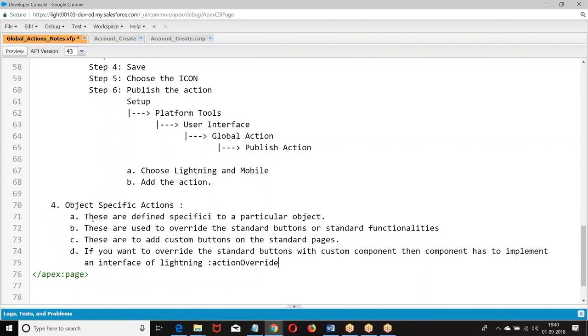The complete functionality we have not seen: how to override. When you click, the page is coming, then what you want to do with that page is the custom functionality, right? I hope you are good with this.